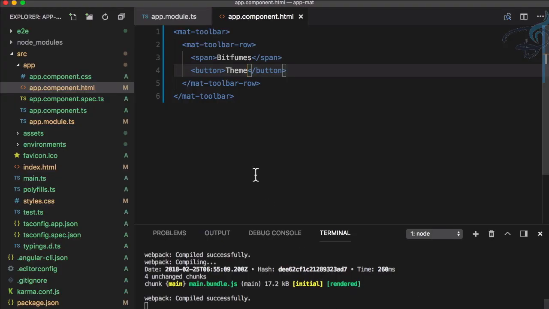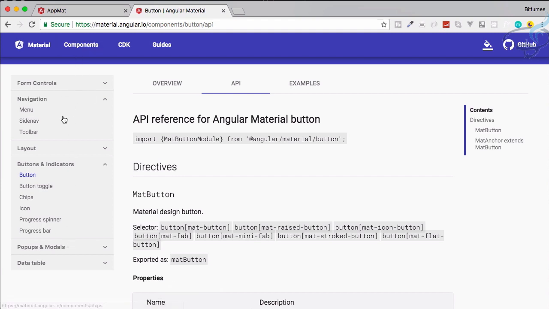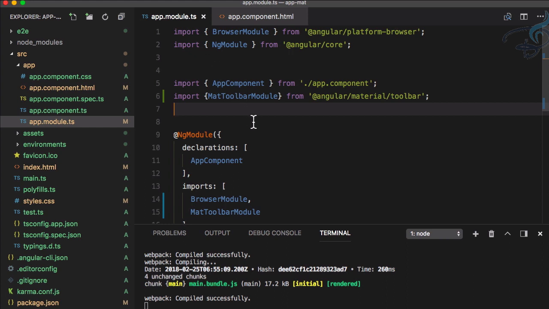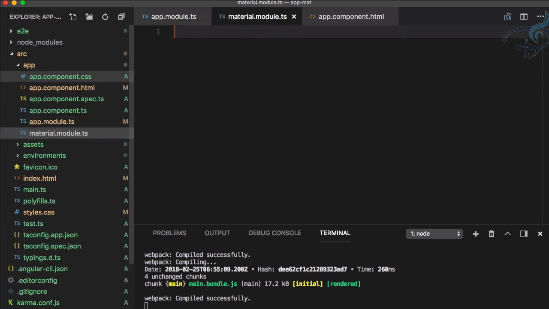But what I am thinking is, if we use all of these material components, then is it true our app.module file will just be filled with the material things? So why not create a new separate file for our material module imports? So let's create a new file called material.module.ts. So in this file we are actually going to give each and everything we want just for material, and